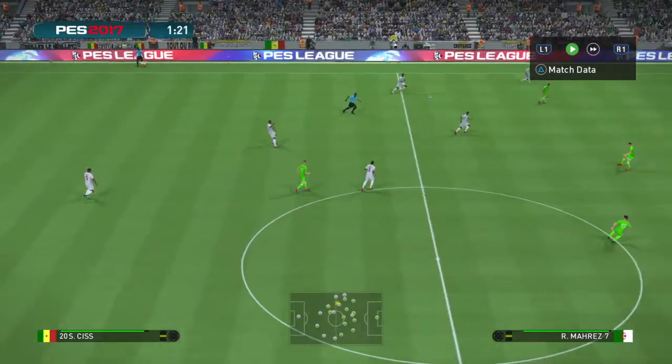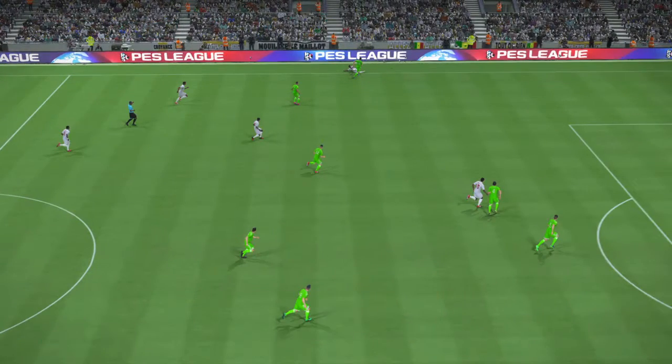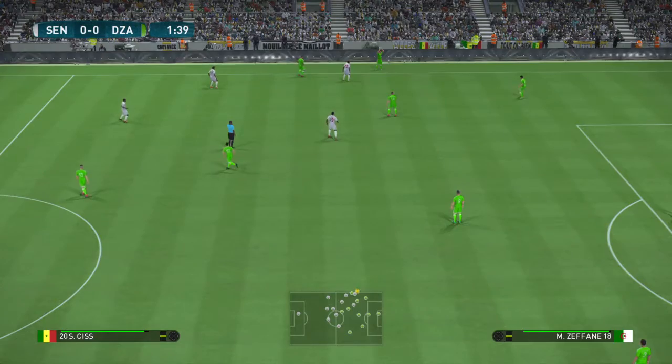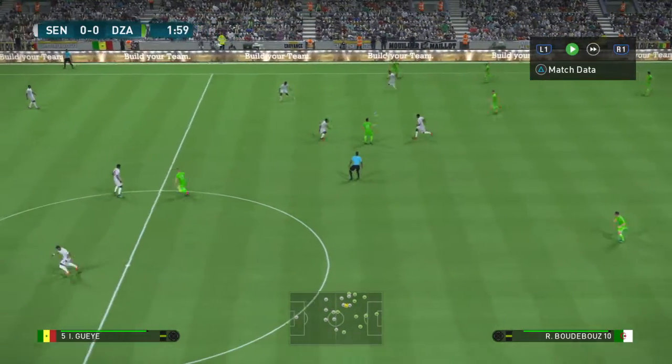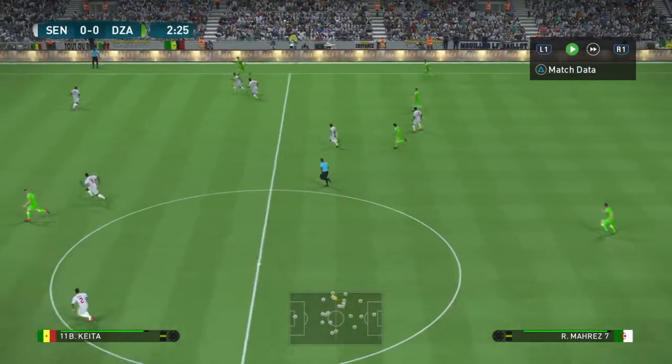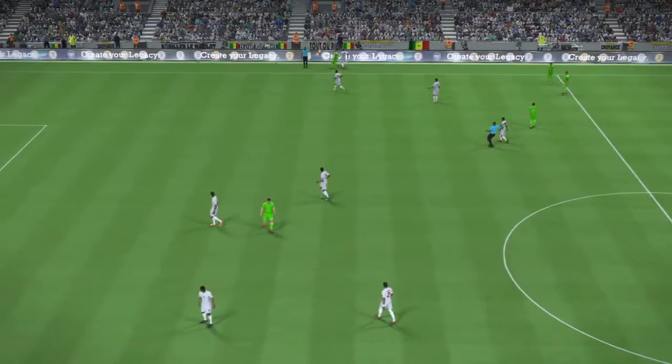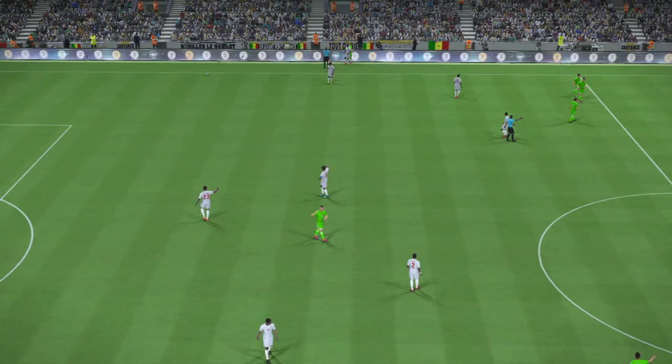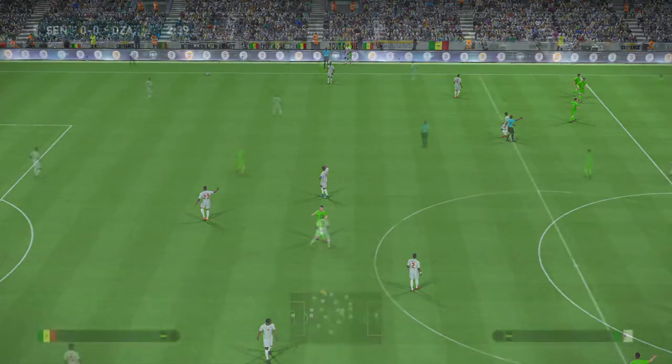It's Algeria in the all green jersey and Senegal in the all white. It is Sow on the ball for Senegal. He sends it downfield and it's going to go over the touchline for a throw-in to Algeria. Throw-in taken with Bentaleb. Bentaleb sends it on the flank, but it's going to roll over the touchline for another throw-in. This time it's going to be for Senegal.